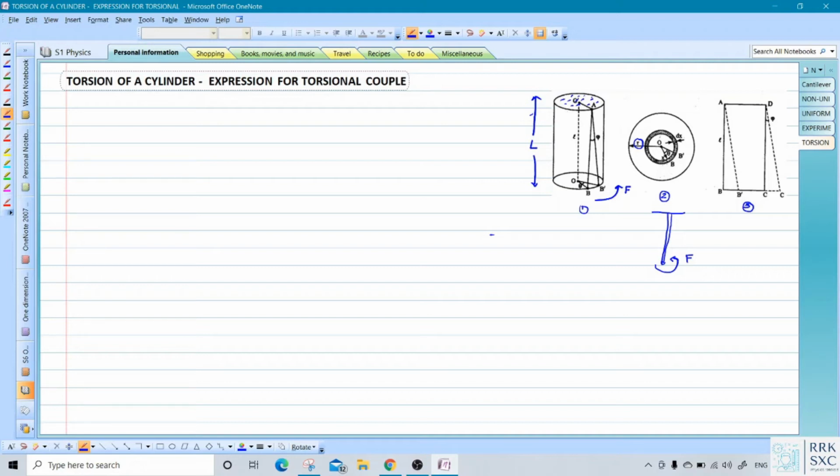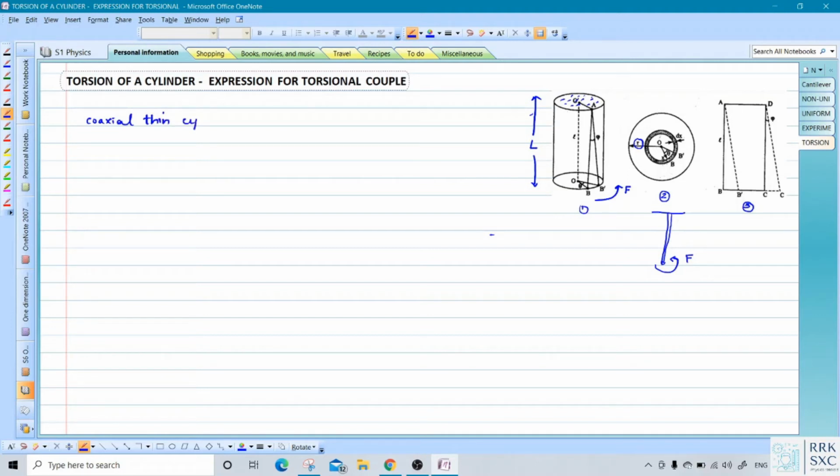Okay, so what you are going to assume is a cylinder, say figure number 1, which is made up of a large number of thin coaxial cylindrical shells. So now let us assume that you have a coaxial cylinder. That means a large number of cylinders having the same axis. Okay, so you have a large number of coaxial thin